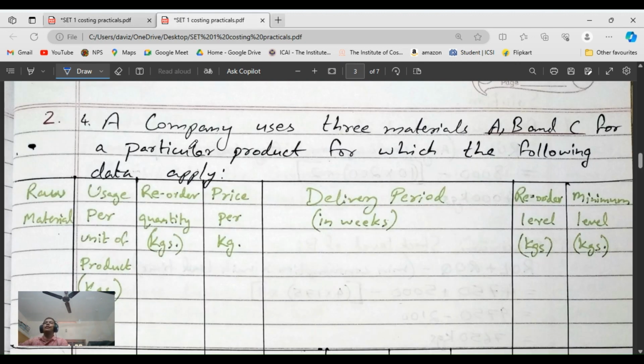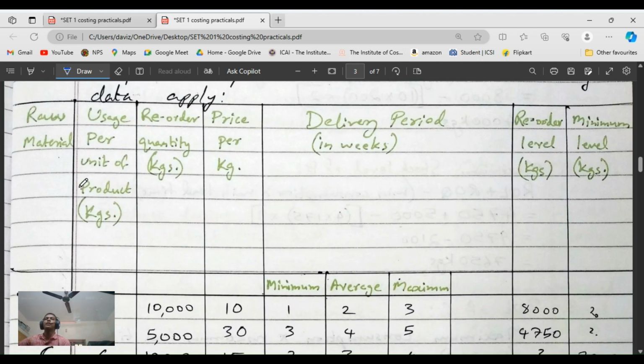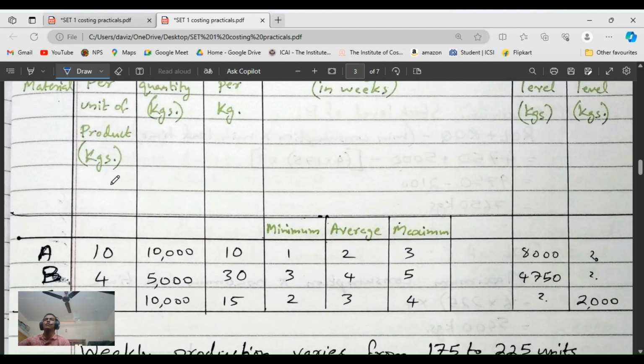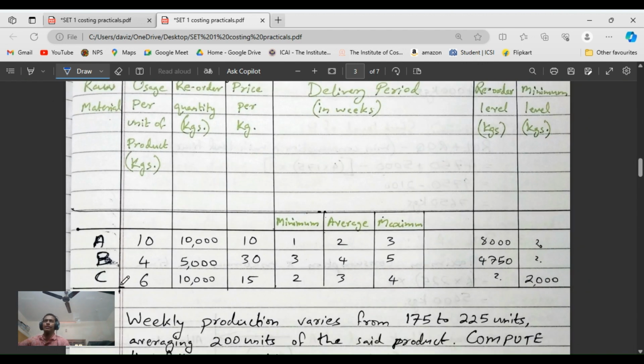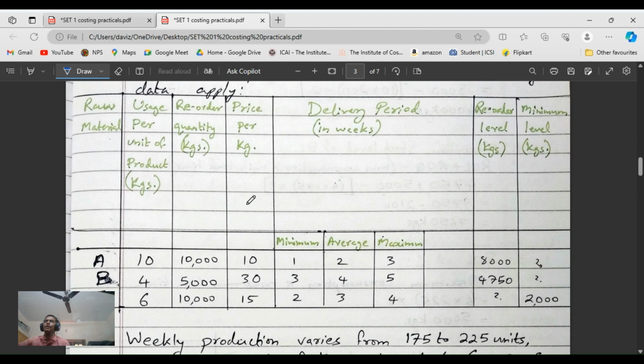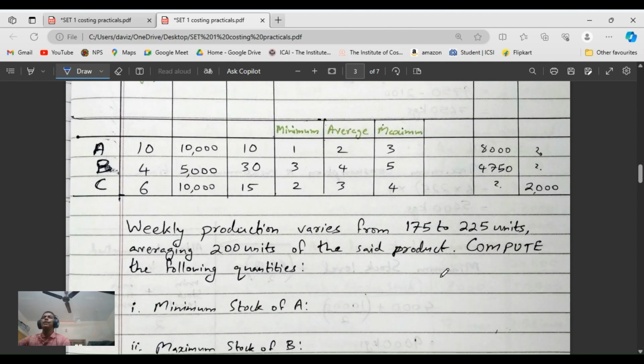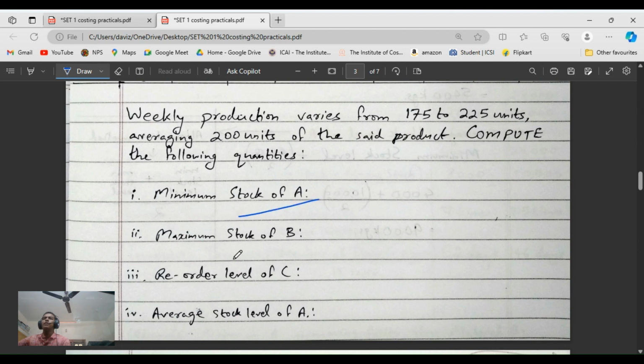Question 2. A company uses three materials A, B, C for a particular product for which the following data apply. Raw materials A, B, C. Usage per unit of product is 10 kg, 4 kg, 6 kg. There is reorder quantity, price per kg, delivery period in weeks, reorder levels and minimum levels. What we have to find is minimum stock of A, maximum stock of B, reorder level of C, and